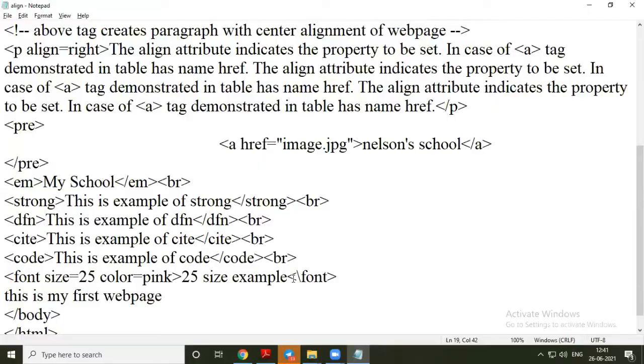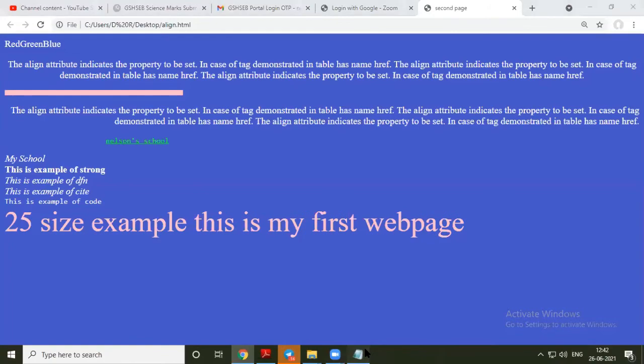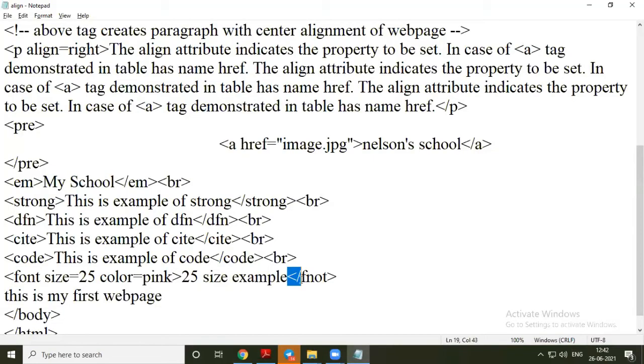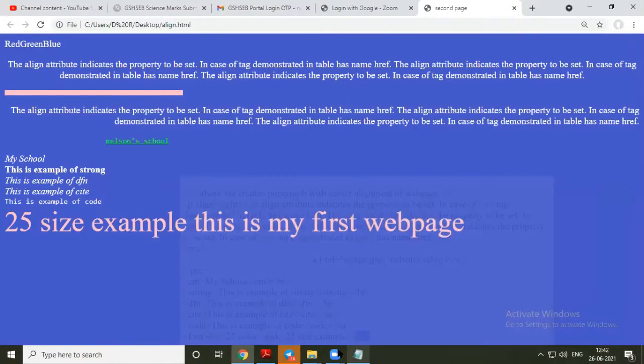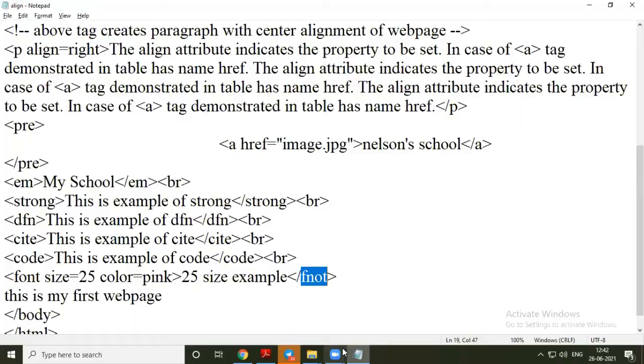In the same way, even if I commit some mistake like this, it will not work. It is considered a closing tag, but since there is no such tag with this name, the effect is not given to the next text. So we have to be careful when we want to close the tag, about the slash and the spelling of that tag, etc.